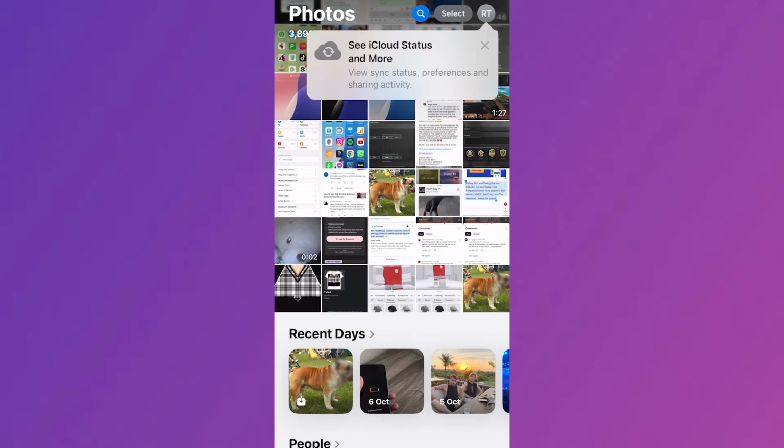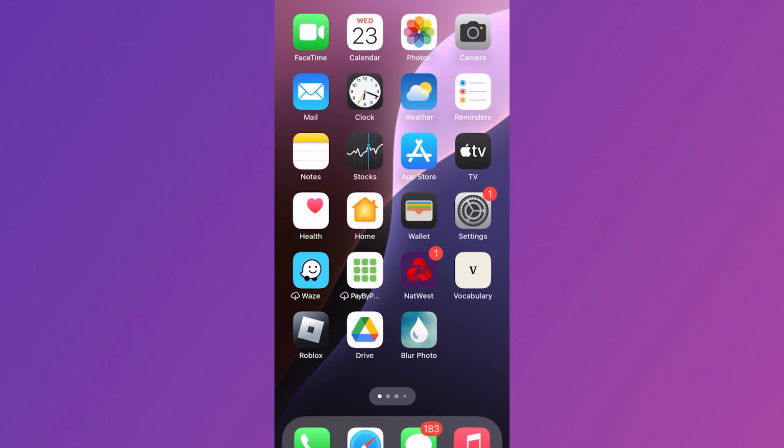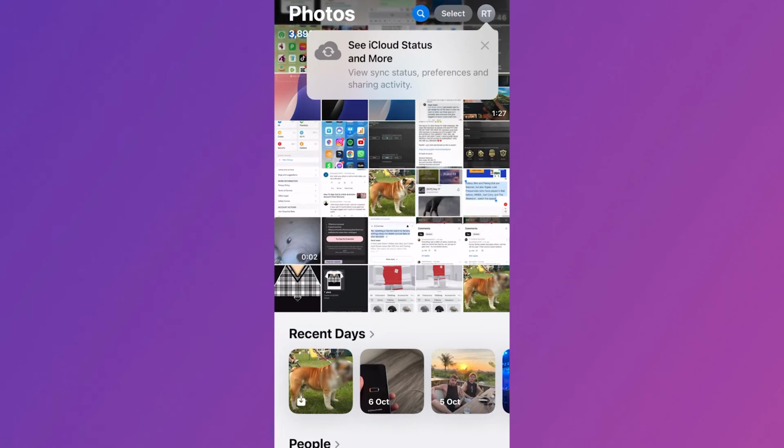In this video, I'll show you how to recover permanently deleted photos from your iPhone. So if you've accidentally deleted some photos and you want to recover them, there's basically three different ways that we can do this. So the first method is just by heading over to your Photos application on your phone, and